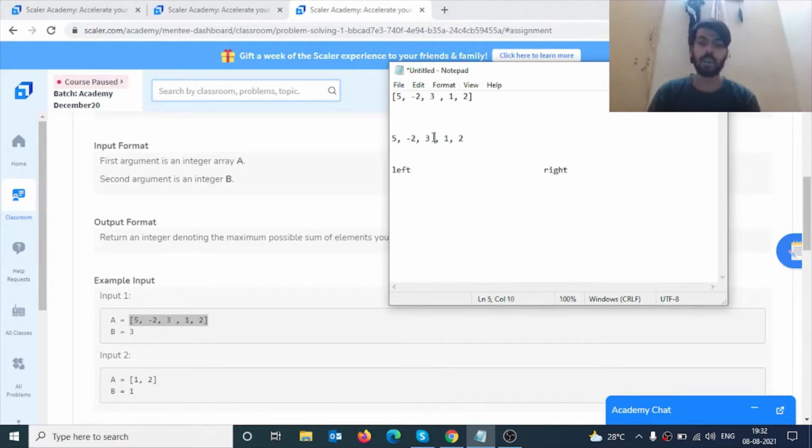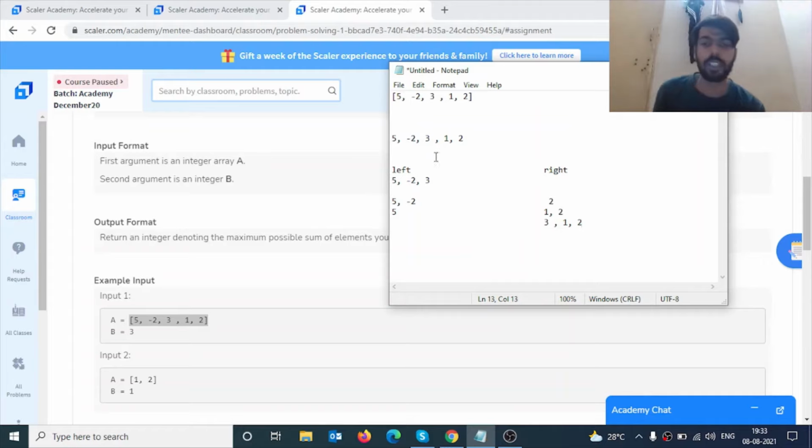Either we can pick only these three elements from the left side and find the sum, or we can pick these two elements from the left side and this one element from the right side, or we can pick this element from the left side and these two elements from the right side, or we can pick these three elements from the right side and no element from the left side.